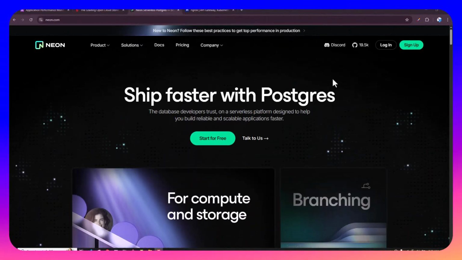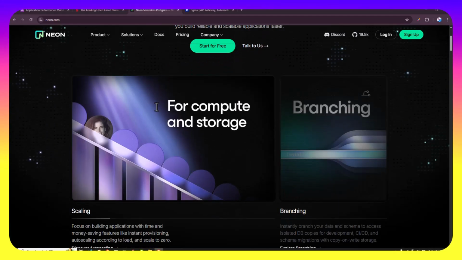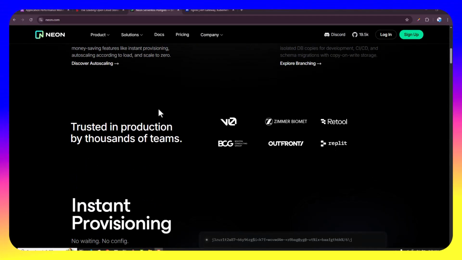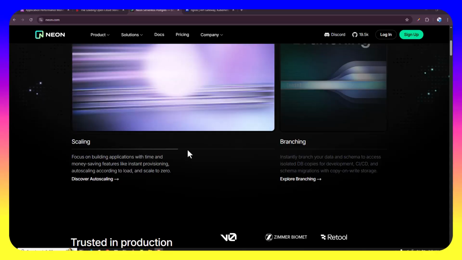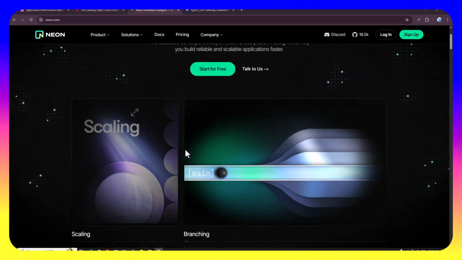At the top of my list I have NeonDB. You probably heard me talk about NeonDB in some of my previous videos. NeonDB is just a managed Postgres database. It's really powerful. It can enable you to create branches. They also have a free tier that you can use to get started, and they also have some fair pricing. So as your project grows, you can actually go and upgrade. But for me, in my small projects here and there, I've found their free tier just enough to work on